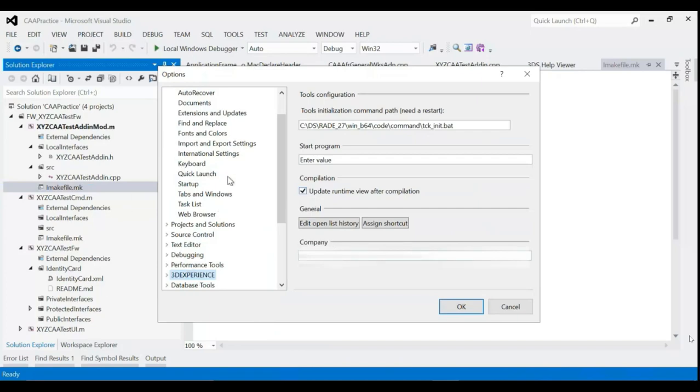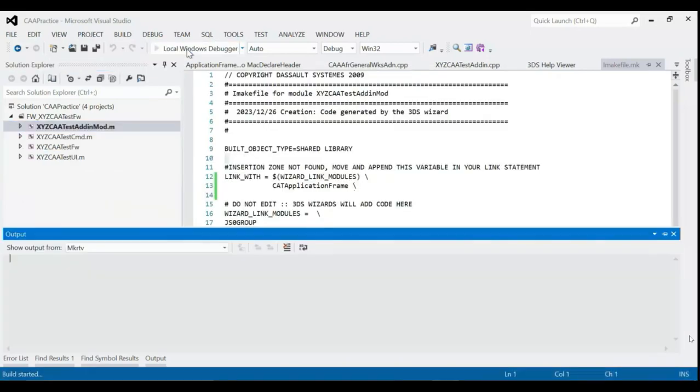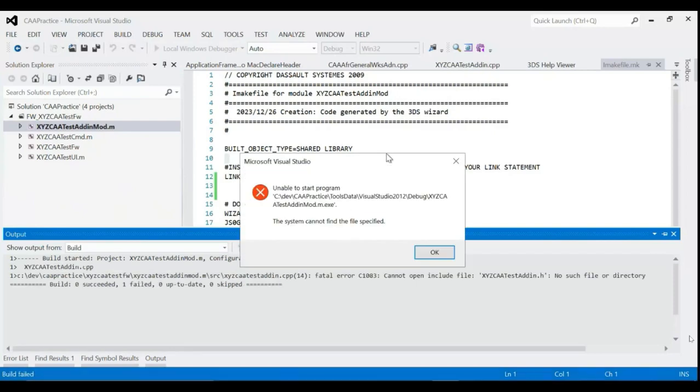Okay, so come to the next point. We will run our code. So now we are getting one error. So this is, system cannot